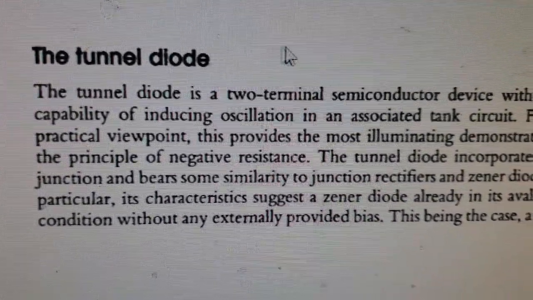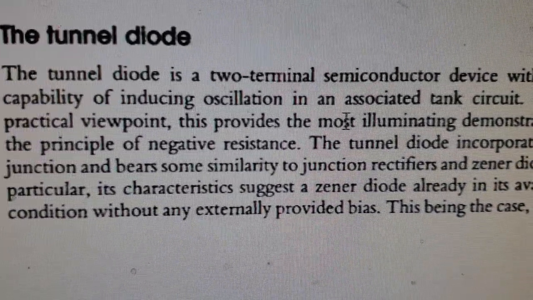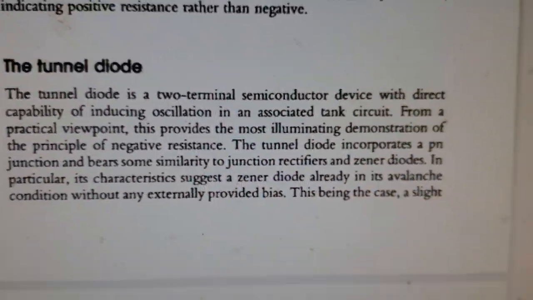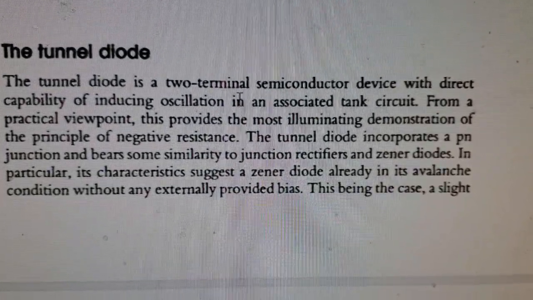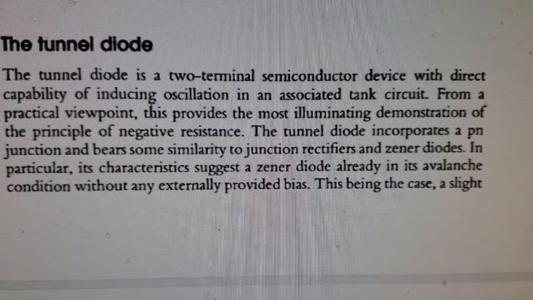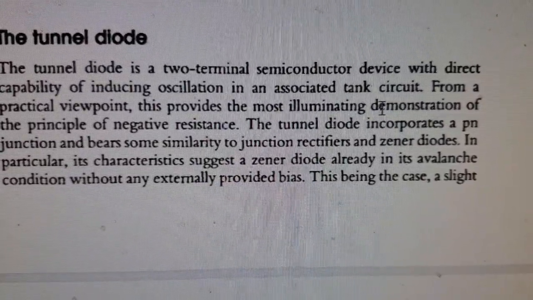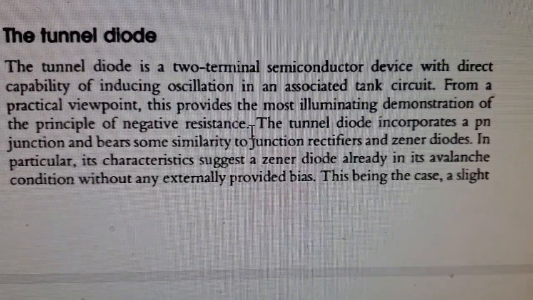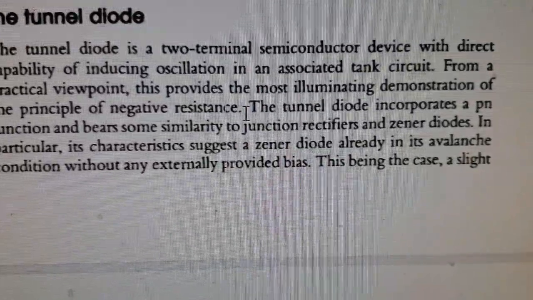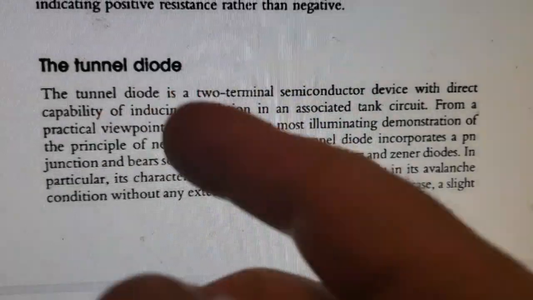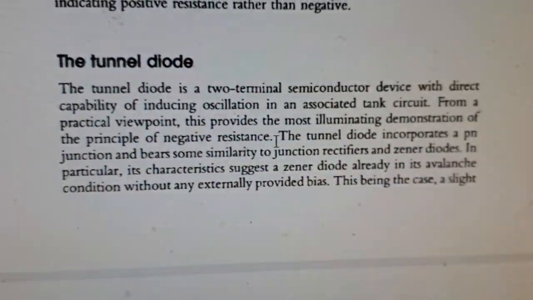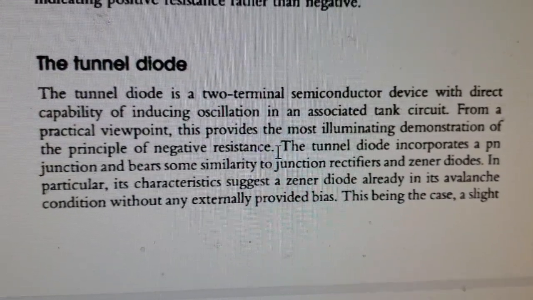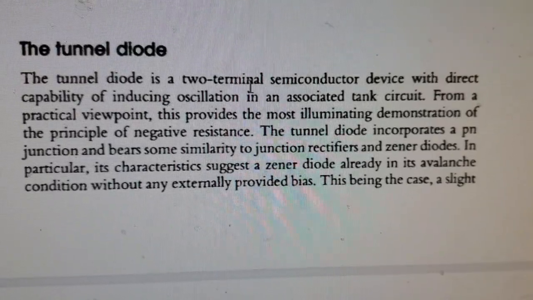So now he's talking about the tunnel diode, and he's saying, let me back out, direct capability of inducing oscillation in a tank circuit from a practical viewpoint. This provides the most illuminating demonstration of the principle of negative resistance. Recall we had just gone over where he said earlier that negative resistance leads to self-sustaining oscillation. But the most incredible thing here, he's not like,